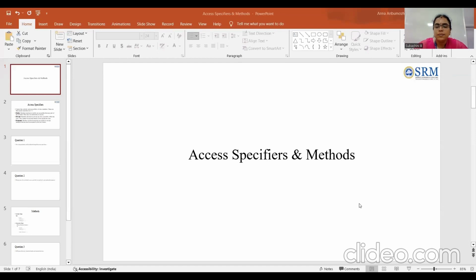Access specifiers in C++ help to provide visibility and control for the class members. Class members here are nothing but the data members and the member functions. They provide scope and restrictions for the variables, attributes and functions that are present inside the class. There are three important types of access specifiers: